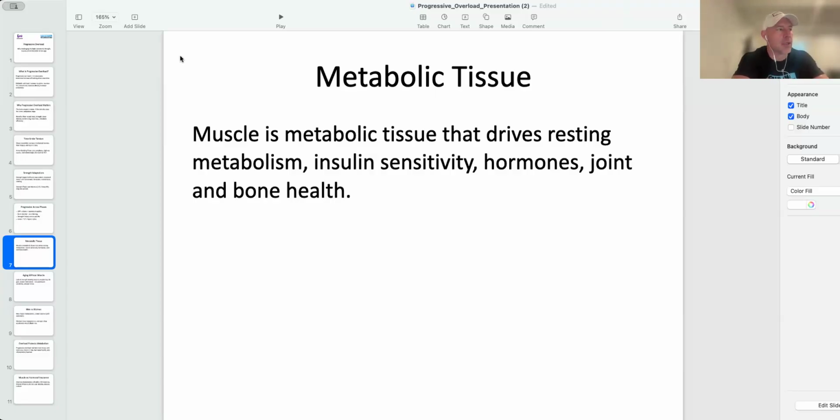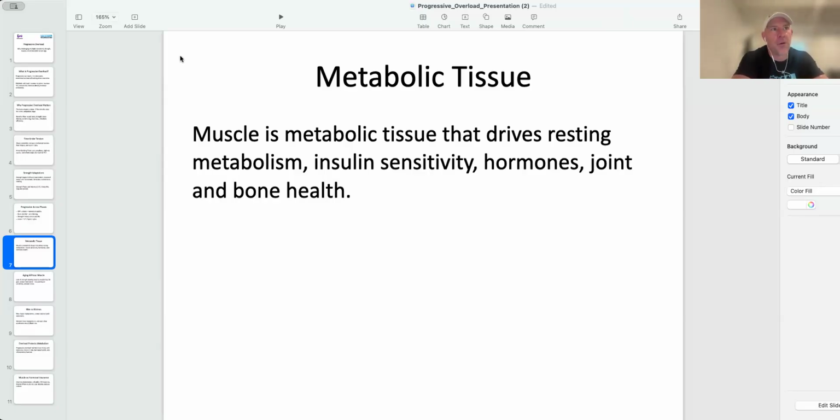The other thing that people ignore, and it has a huge impact on your hormones, is your insulin sensitivity. I've worked with diabetics in the past, and when they first came to me and started resistance training, I said, "Hey, your A1C is going to get better just from you doing resistance training." I had a guy not believe me, but he went back and did his A1C and talked to his doctor, and he's like, "Yeah,